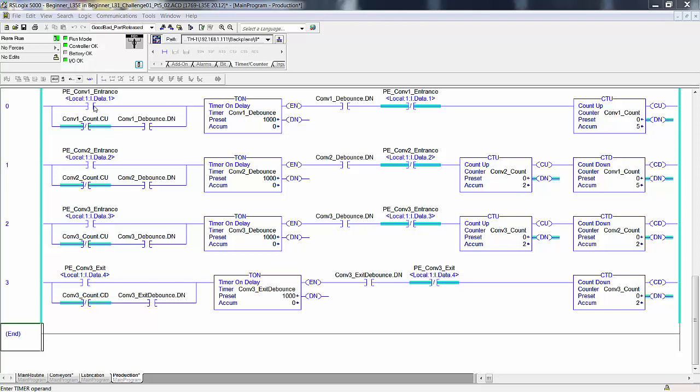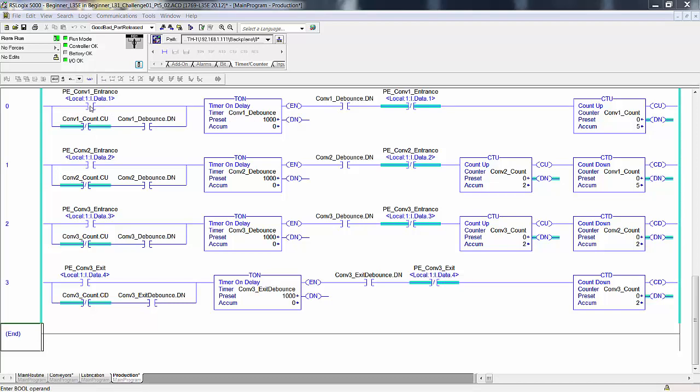And when the carton leaves the photo eye, this stays on. This bypasses it. This is an OR function. This logic is all true, keeps this done, and when this goes false, this keeps the rung true, and because this then goes off and becomes true. Now I realize you're looking at it and it's true right now. That's because it's not true over here. So remember, this goes true, this goes false. They can't both be true at the same time. And that gets the timer done and bypasses this